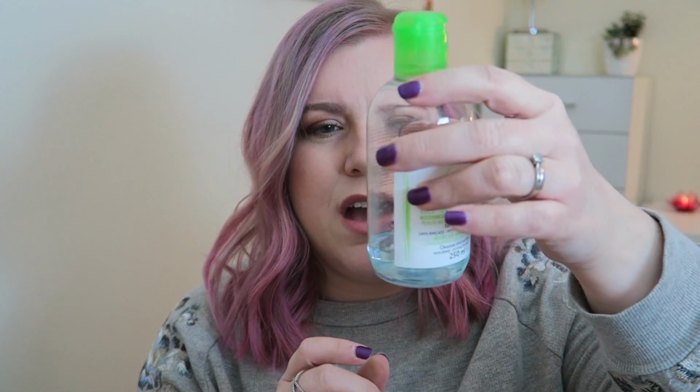I'm getting rid of this. This is a Bioderma Sebium one, which is, I think it's supposed to be for, it doesn't tell you. Oh yeah, so this is more suited to the combination oily, whereas the red top one is for normal skin. I've had this open for longer than 12 months, so I'm getting rid of it even though there's some left. I'm just not a micellar water person, to be honest. I mean, maybe people use it as their first step to get rid of their makeup and then go on to do a full cleanse, but